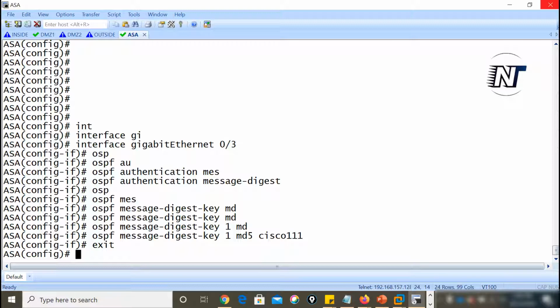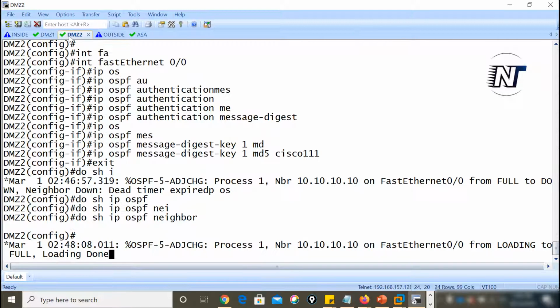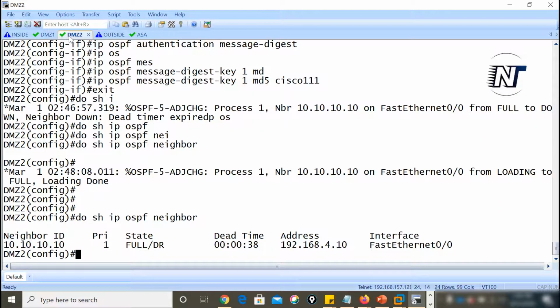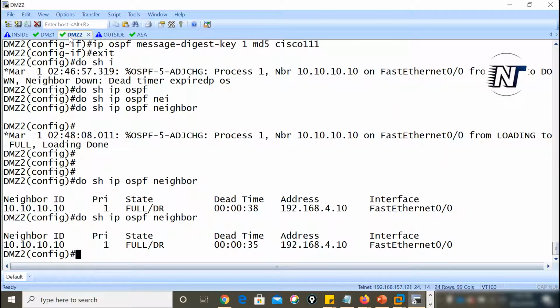So again we'll go to DMZ2 and check there. Show ip ospf neighbor. Yeah, you can see it's there. So in this way we can apply the MD5 authentication between our routers and the ASA firewall.